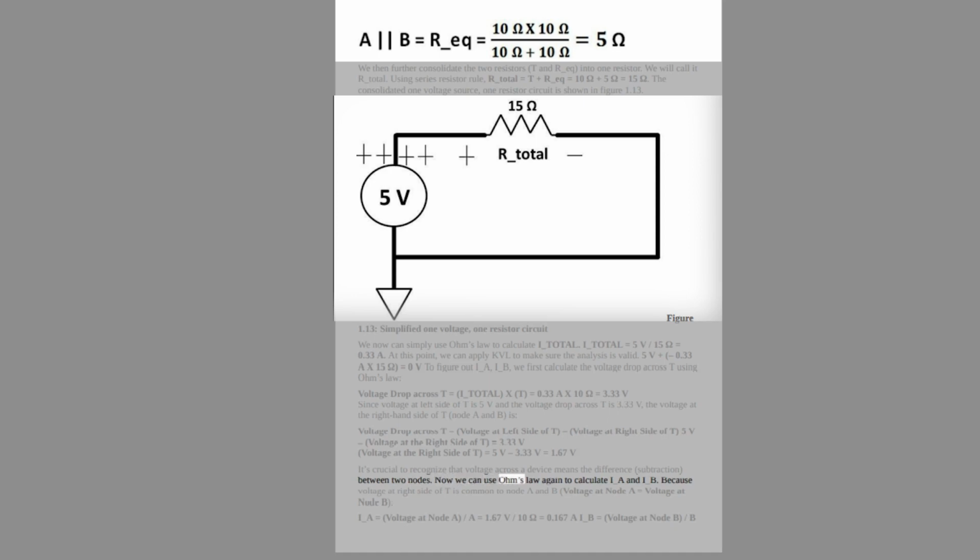Now we can use Ohm's law again to calculate I_A and I_B. Because the voltage at the right side of T is common to node A and B, voltage at node A equals voltage at node B. I_A equals voltage at node A over resistance A, 1.67V/10 ohms equals 0.167A. I_B equals voltage at node B over resistance B,